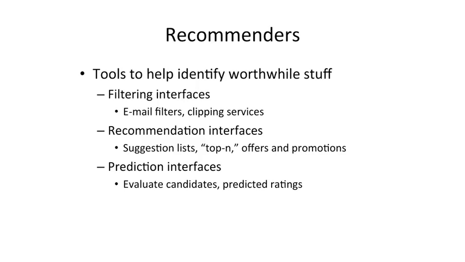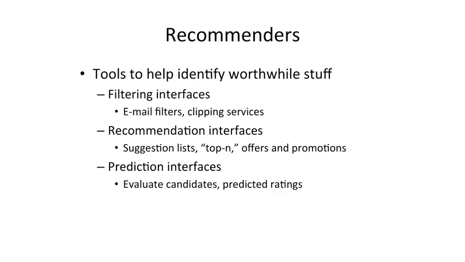But we also have recommendation interfaces. These can be suggestion lists or top 10 lists, but more commonly, they are placements. I go to a website like Amazon and a bunch of products are showing up there. They've been recommended. If I use my set-top box for cable, Comcast shows me a few movies or shows that it thinks I might want to watch. Or if I go into a store, I may get a coupon printed out that's a recommendation for a product that they think and perhaps hope I will purchase.